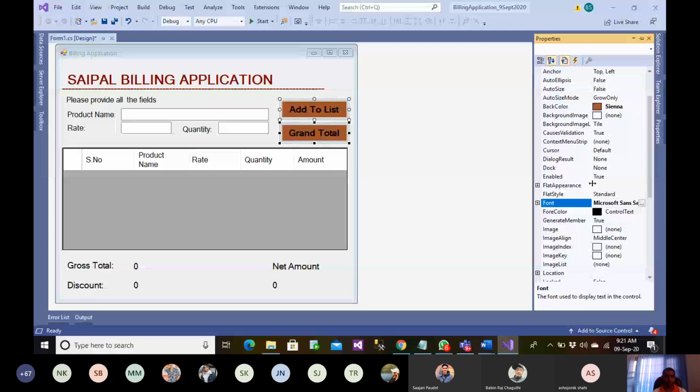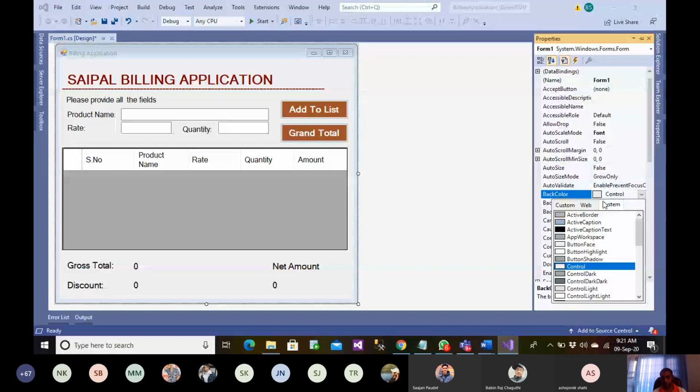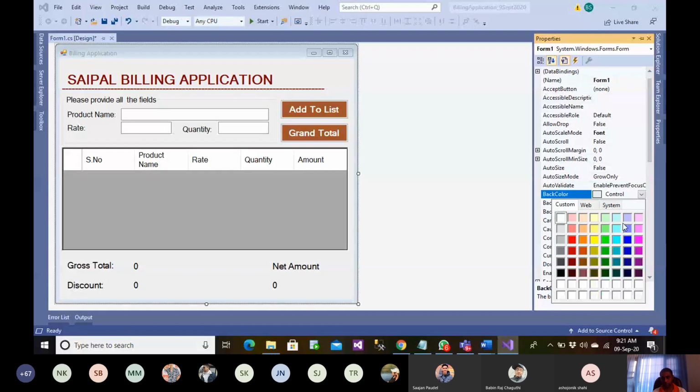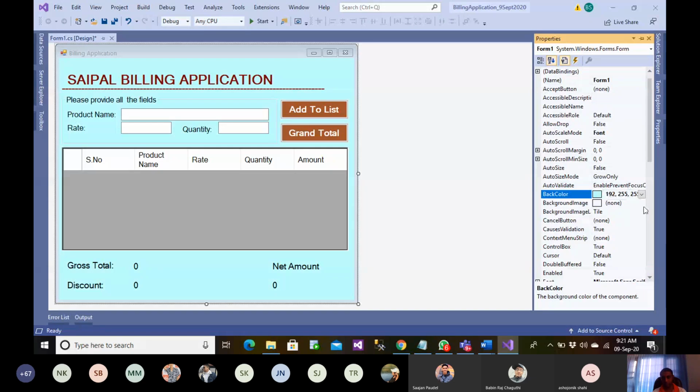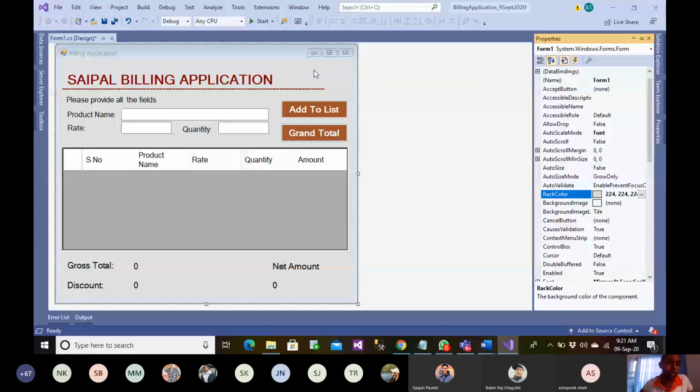Okay, so we just changed the color and everything. So now we can go and start the coding. Let me run and show you what exactly we want to do here.